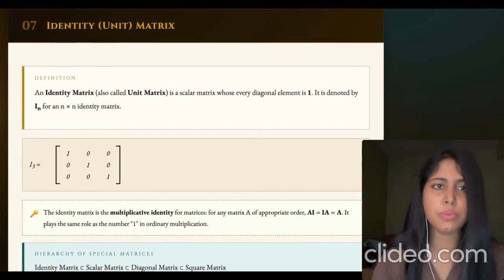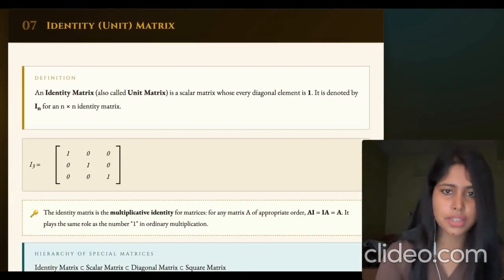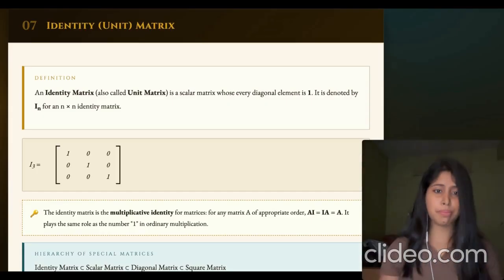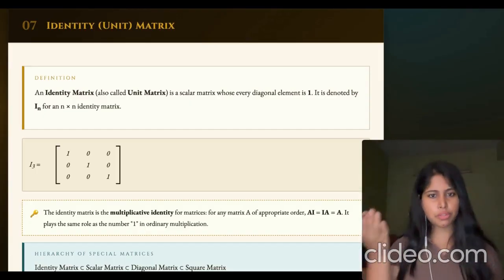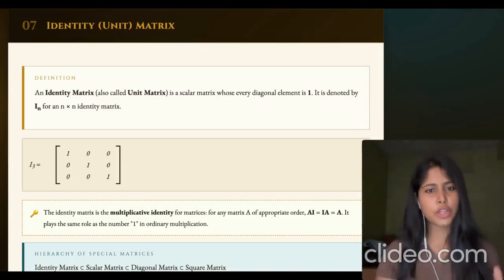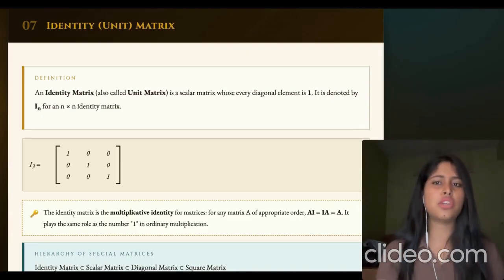Order is 2. Now let me come to the identity matrix, and this one is very, very important because the identity matrix is something you want to remember forever. It is basically a scalar matrix only, where the scalar equals 1, whereas in the previous example we were taking k to be 2. Here you have to take k to be 1. Every diagonal entry is 1 and everything else is 0.